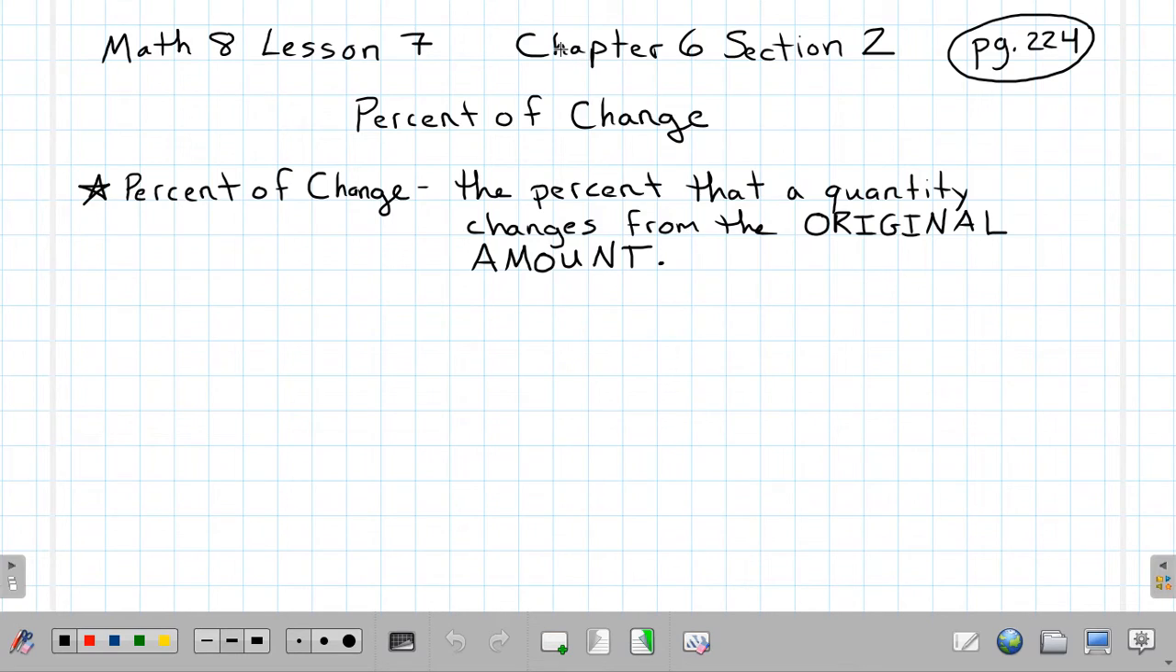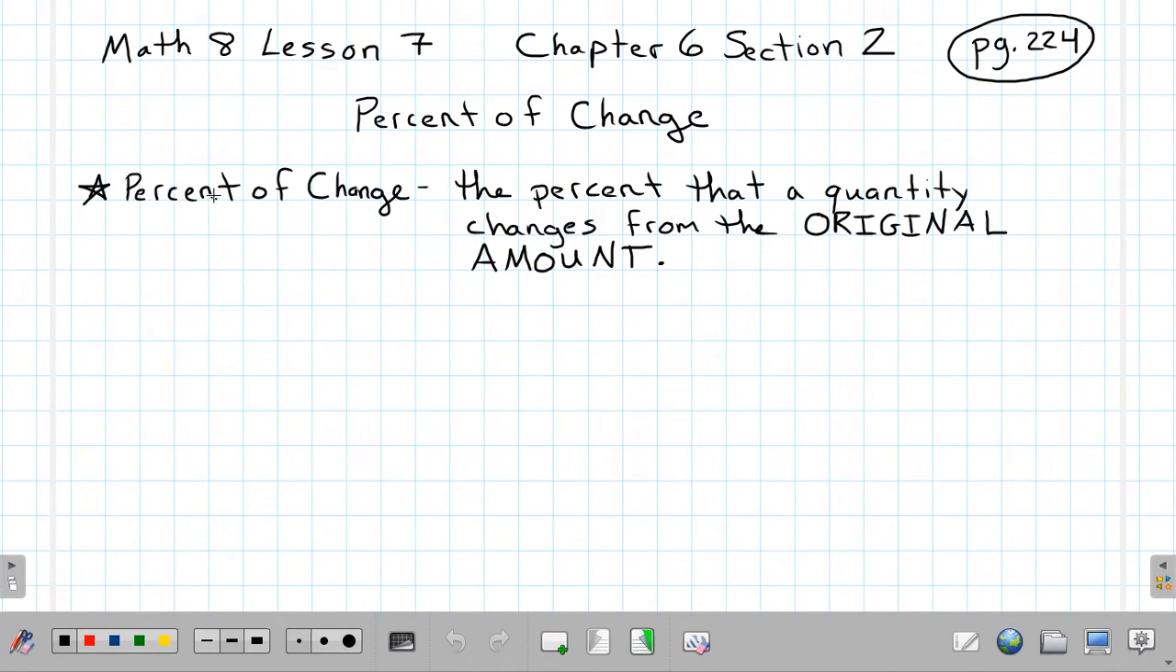This lesson has to do with Chapter 6 Section 2, found on page 224 in the book. This section has to do with percent of change. So we're still in the chapter that has to do with percentages, so percents. And one of the things you need to know how to do with percents is find the percent of change of something, okay? So the first thing we're going to do is look at the definition for